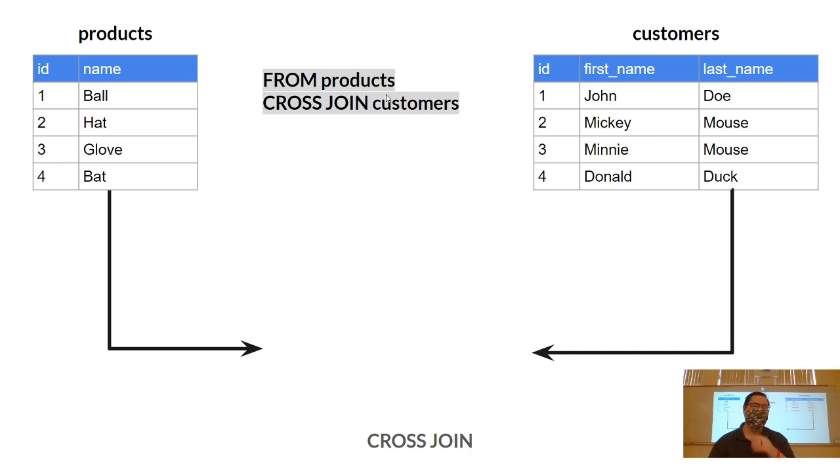So in the result set, you'll say, okay, I've got my products here, I've got my customers here. I'll get a row for ball and John Doe, hat and John Doe, glove and John Doe, bat and John Doe, but I also get the same thing for Mickey Mouse. So Mickey Mouse ball, Mickey Mouse hat, Minnie Mouse glove, Mickey Mouse ball. So I'll get 16